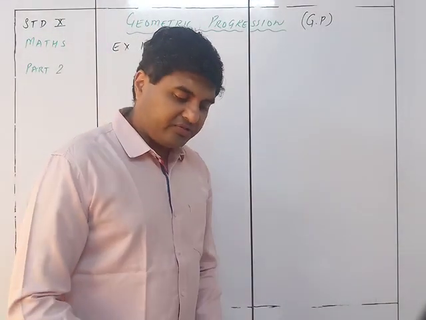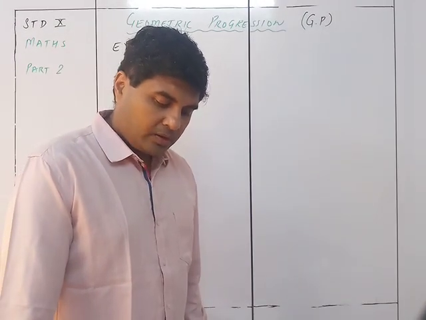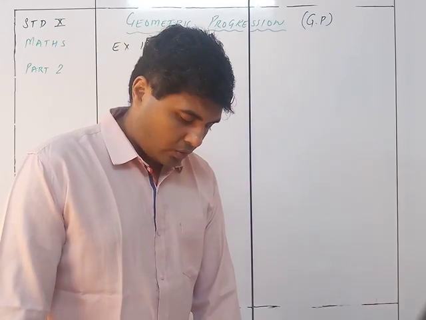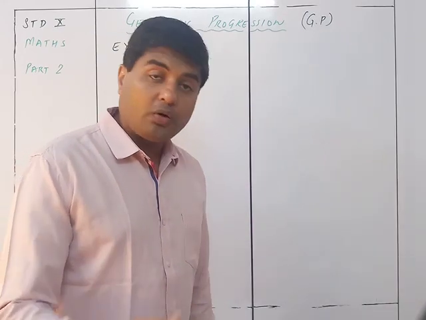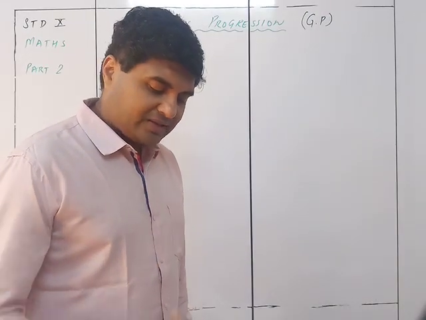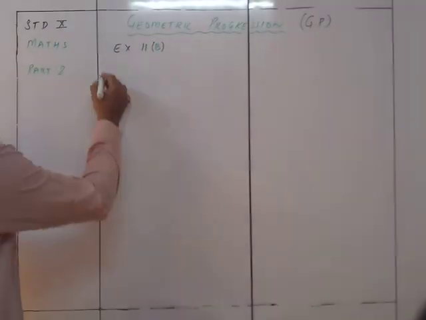Now I can see the fifth sum is already worked out completely for you over there. So instead of doing the fifth sum, I can do the sixth one, so that for your homework part, one of them is already there, so it will be easier for you. So that's why I'll take the 6th, 7th and 9th. Okay, I'll take the 6th sum first. Instead of the 5th sum, I'm taking the 6th sum.